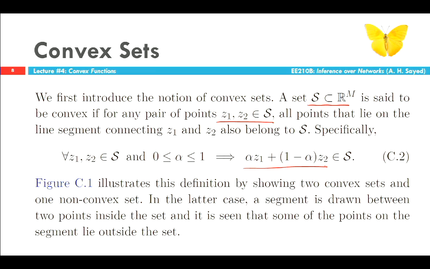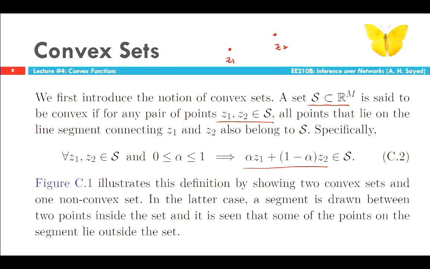Alpha and 1 minus alpha. So alpha is a non-negative number. Therefore, alpha and 1 minus alpha add up to 1. That convex combination will also be in this set. Okay? So the geometric interpretation of this is that if you pick any 2 points, Z1 and Z2,